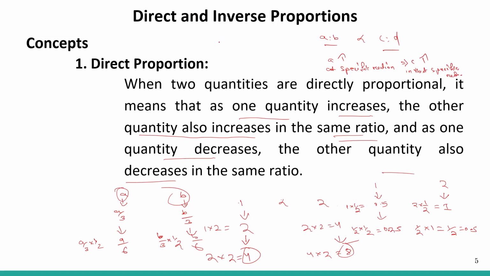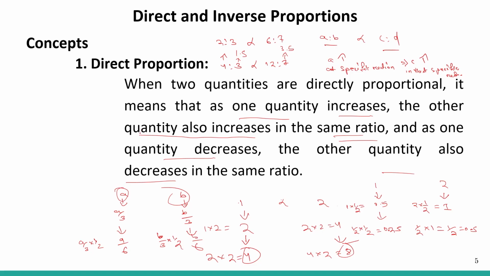So if 2 is to 3 is directly proportional to 4 is to 5, let's say. Or for another example's sake, let it be 6 is to 7. Then if 2 multiplied by 2, that is 4 is to 3, so 2 is to 3 became 4 is to 3, then 6 will become double, that is 12 is to 7. 6 will also get doubled. And if 3 gets halved, that is 1.5, then also 7 will be halved, that is 3.5, right? So this kind of relationship will be followed by two ratios in terms of direct proportion.